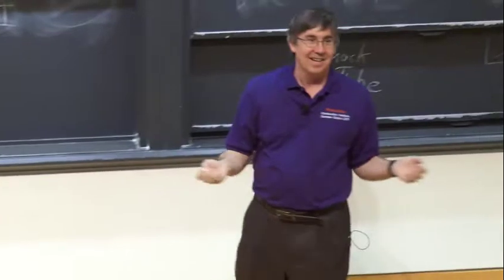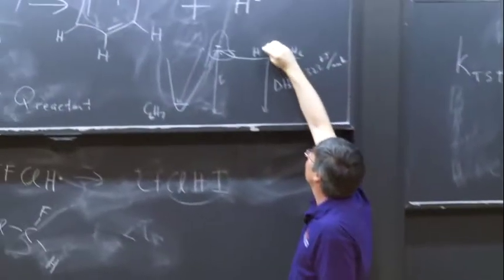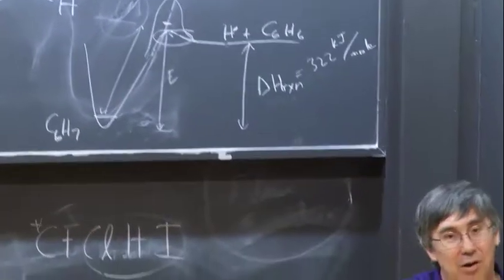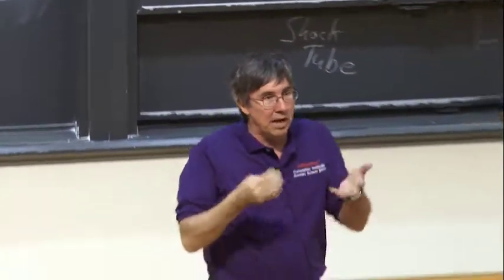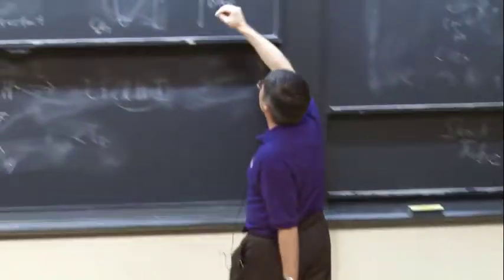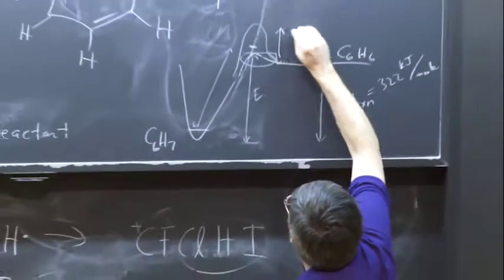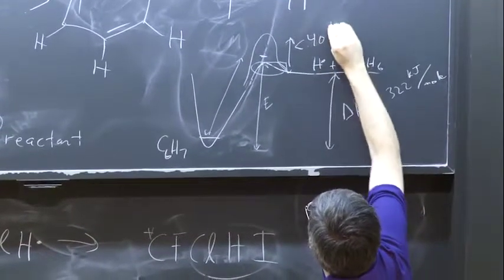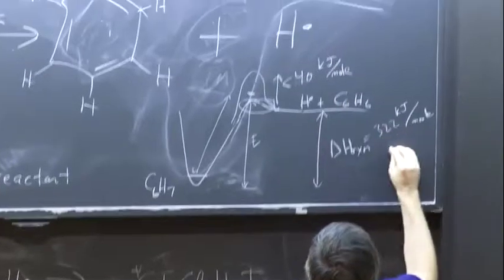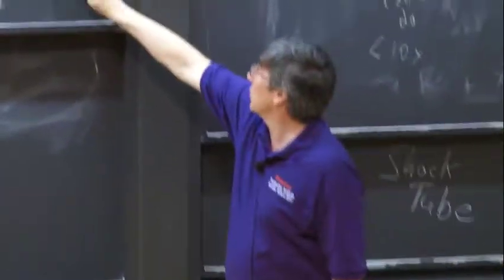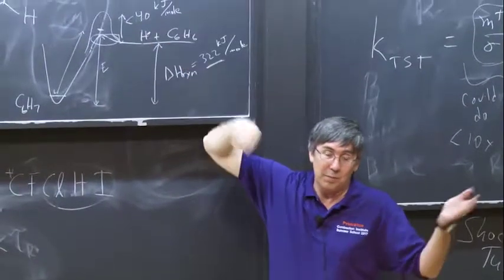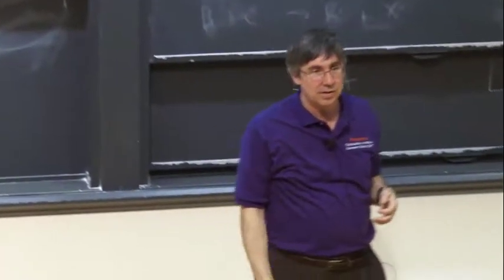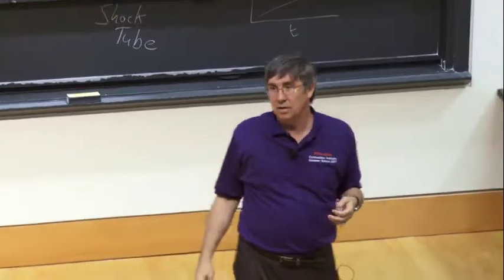You guys probably have no idea, right? So it turns out that addition barriers of radicals attacking double bonds are like 5 kcals, 10 kcals, some handful of kcals. So this number here, I don't know how much it is really, but I'd expect it to be less than 10 kcal per mole, which in kilojoules is less than 40 kilojoules per mole. But this one is 322. This is big. So for sure, this is bigger than this. It could be 40. It could be 38. It could be 22. It could be 47. I don't know. Something in the range of 40s. If you wanted to really know it, how would you know? How would you do it?